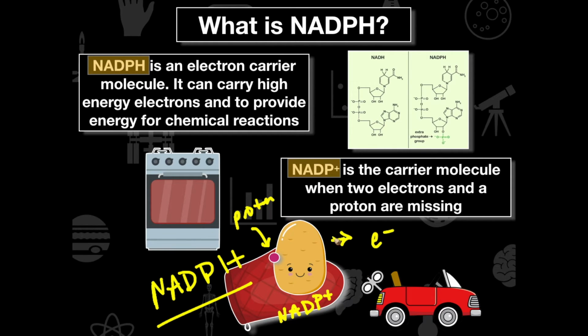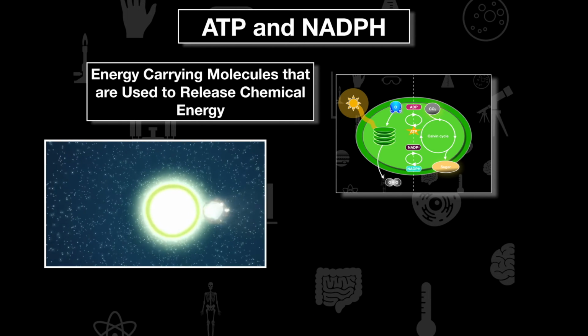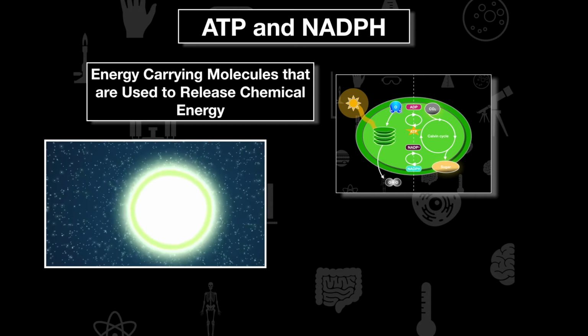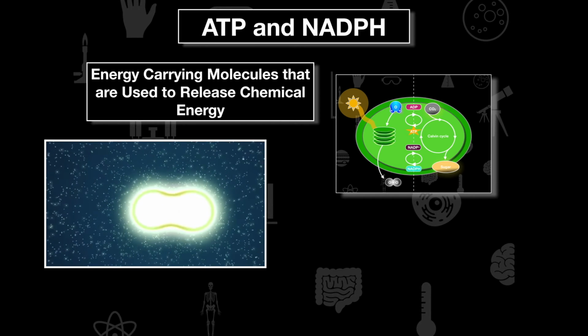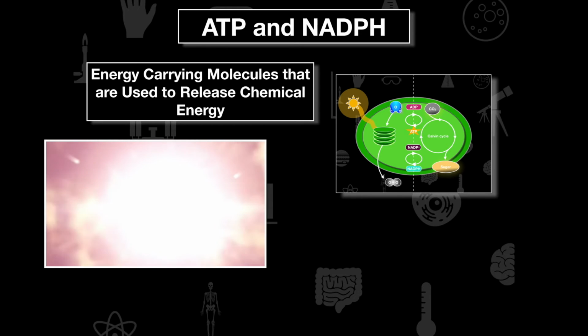So the entire combination of all of these put together is like our NADPH molecule, and we're going to use that to power our toy car, or power the Calvin cycle. So ATP and NADPH are energy-carrying molecules that we use to release chemical energy. We can do it via ATP, and we can also use electrons that are present to allow for that energy